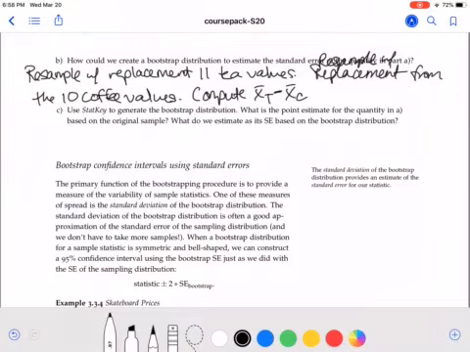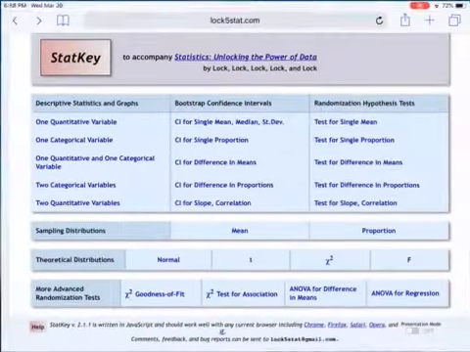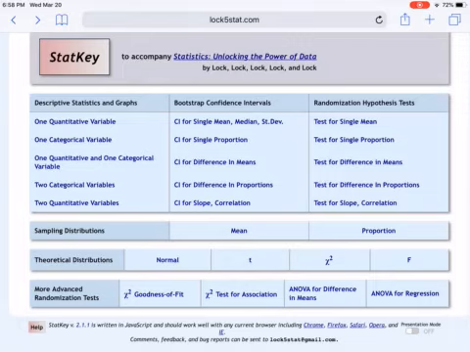and we'll look at that difference. We'll do this process then a large number of times, and we will plot that large number of x̄_T minus x̄_C values. And that will build up our bootstrap distribution to allow us to look at our confidence interval. So we're going to go to StatKey and generate the bootstrap distribution. We're asked for what's the point estimate for the original sample and what do we estimate as the standard error by doing our simulation. So if we go to StatKey, we have the middle column here for bootstrap confidence intervals,